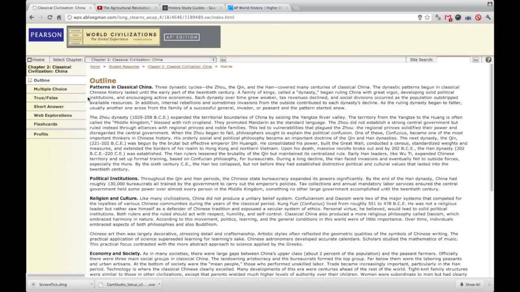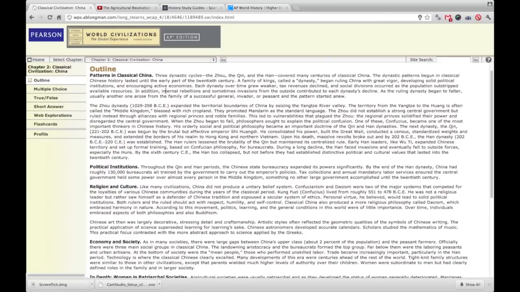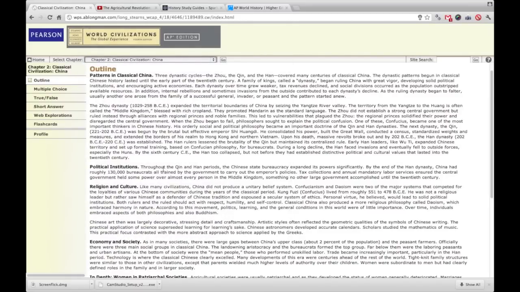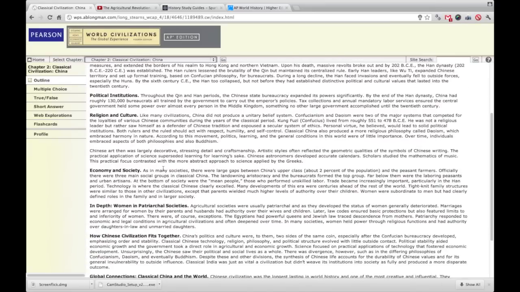Because with the 5 themes notes, you're getting the important information for each category. So if you use this site and the outlines for each chapter, as you can see, they're all here. It makes it really nice to be able to see what was really important from the textbook's point of view.